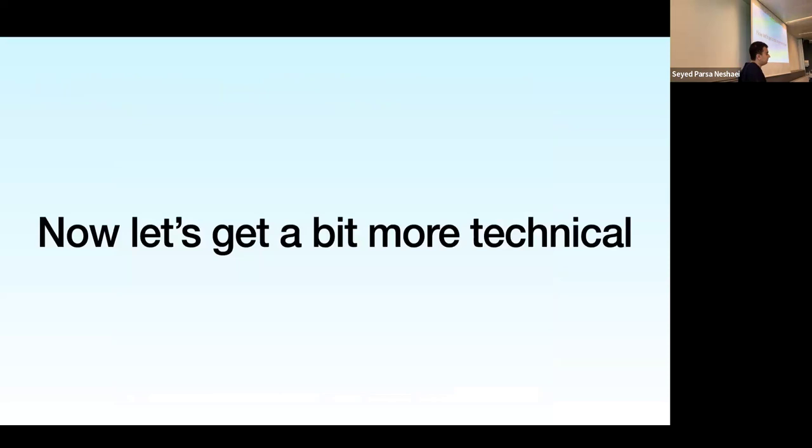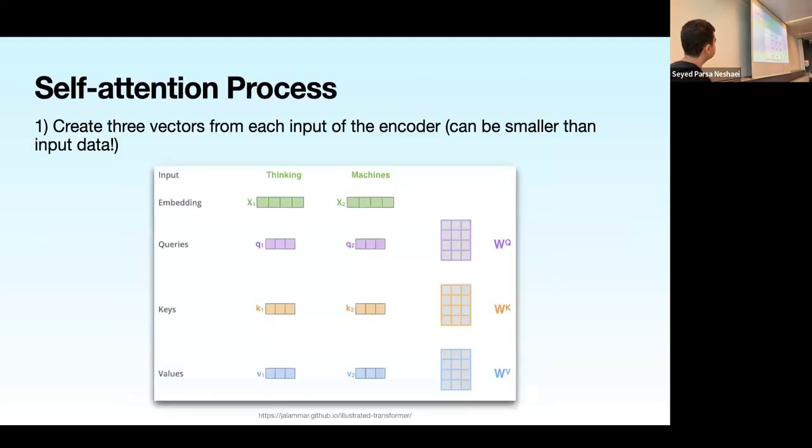Let's get a bit more technical from here. Until now it was also technical, but here it's a bit more technical, to see how attention specifically works in transformers, because it's a bit more complex than a simple weighted sum. So this is the whole self-attention process. I classified it into 4 steps. First,